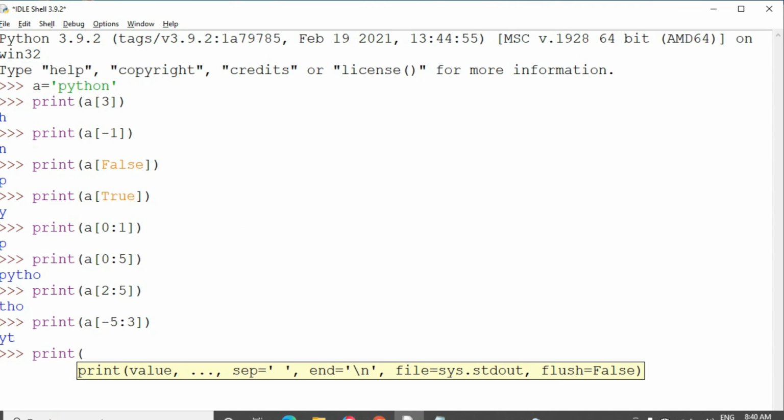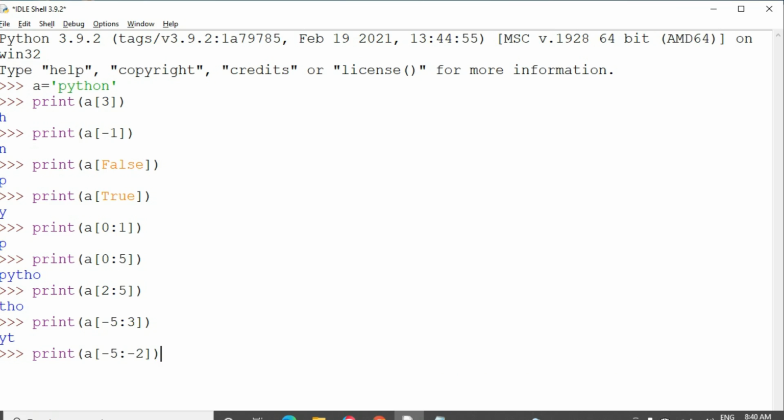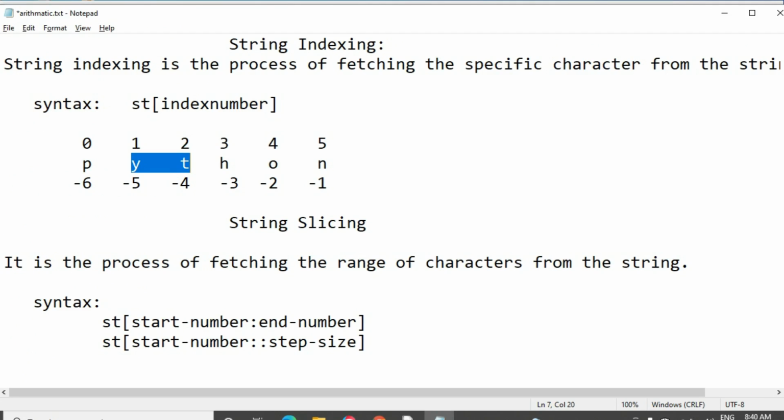Then the next one is A of minus 5 colon minus 2.